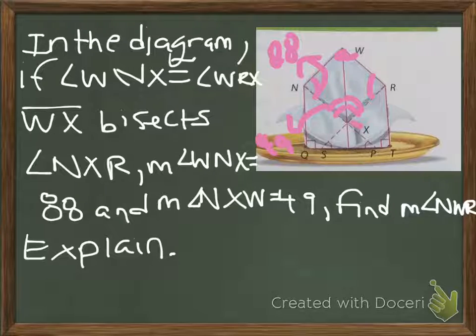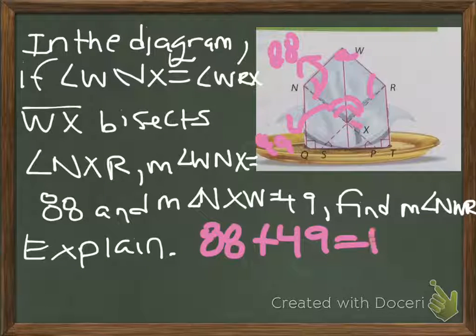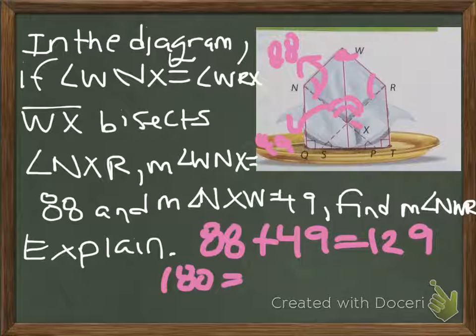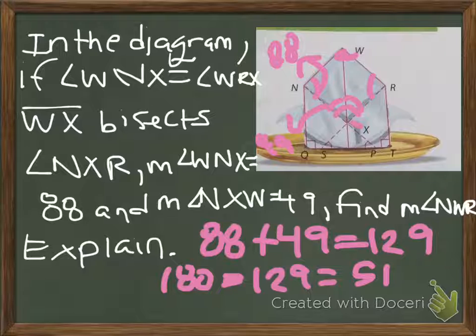So NWR, we know that 2 out of the 3 angles for this triangle NWX, so there are 88 plus 49. That gives us 129. If we subtract that from 180, that gives us half of NWR. So that's 51. So right here is 51. And since WX is bisecting NXR, it's also bisecting NWR. So that makes the other side 51. So our explanation here